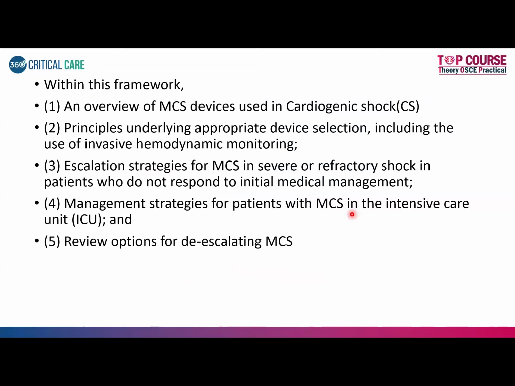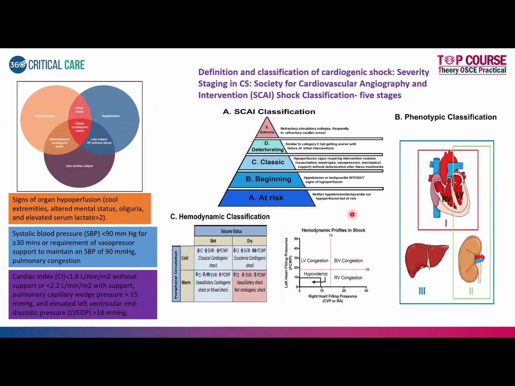So within this framework, we have an overview of the mechanical circulatory devices with appropriate device selection, escalation strategies, management in intensive care, and de-escalation of the MCS. So if we see the definition of cardiogenic shock, it comprises a hypotension state with low cardiac output with signs of organ hypoperfusion. Signs of organ hypoperfusion being cool extremities, altered mental status, oliguria, elevated serum lactate levels, hypotension, and obviously a cardiac index of less than 1.8 liter per minute per meter square without support and less than 2.2 liter per